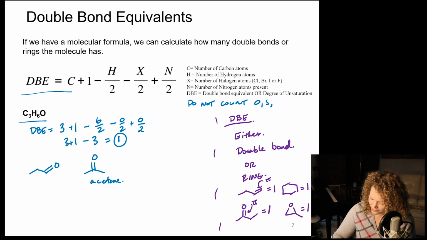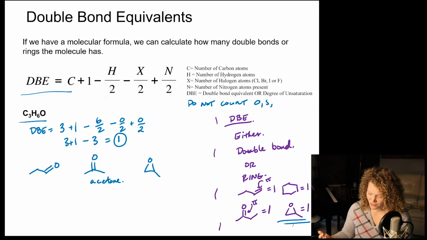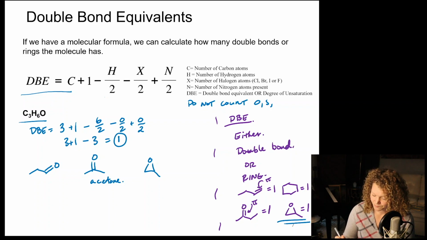Now let's try and figure out another way that we could put this together. Well, we talked about how rings could also be double bond equivalents. This epoxide has 3 carbons, an oxygen, and 1 ring. So there you go. There's another constitutional isomer of C3H6O. There are tons for this one. We can keep going. You can have